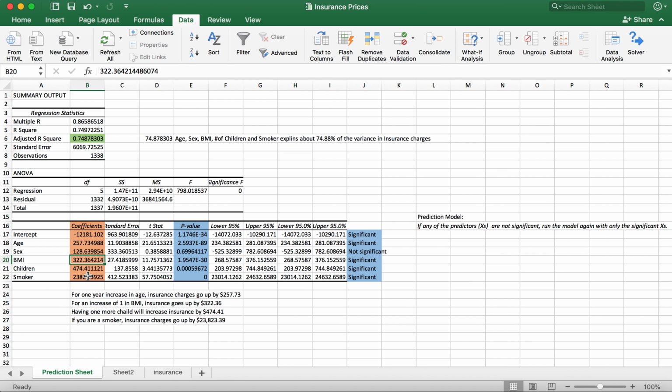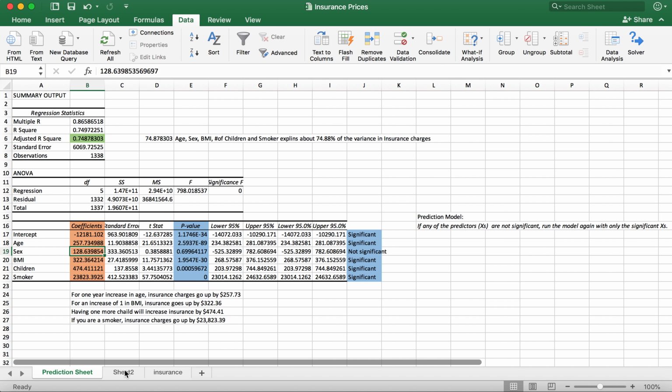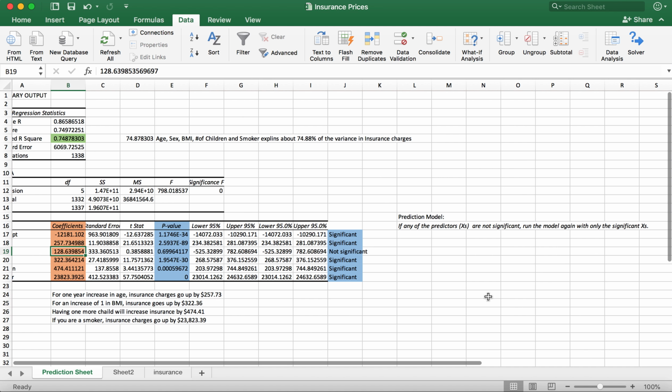Quick recap: smokers seem to matter. Over the lifetime, they would end up paying $23,823 more for health insurance, followed by children, followed by BMI, followed by age, and then sex was not significant, which basically means that in order to predict, we need to rerun the prediction with the basics